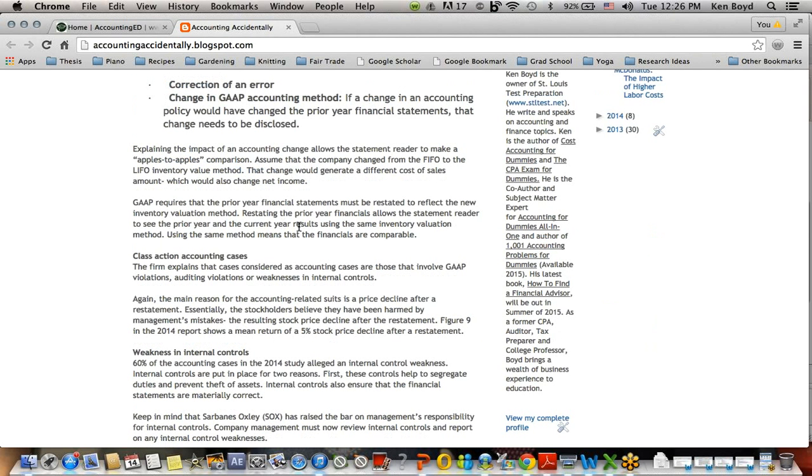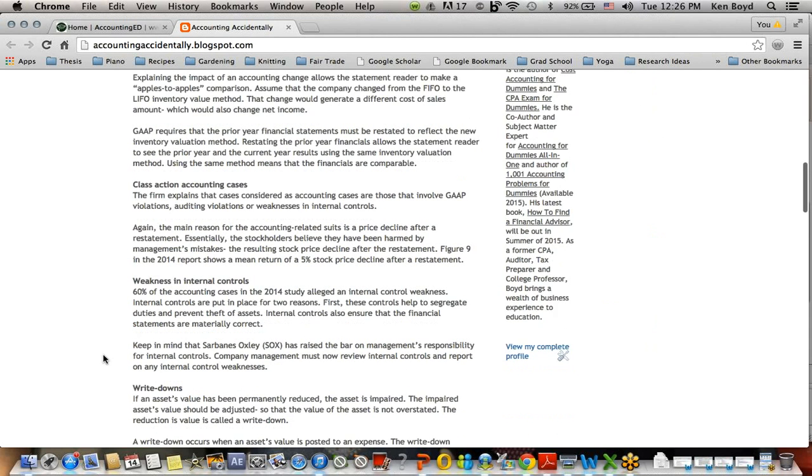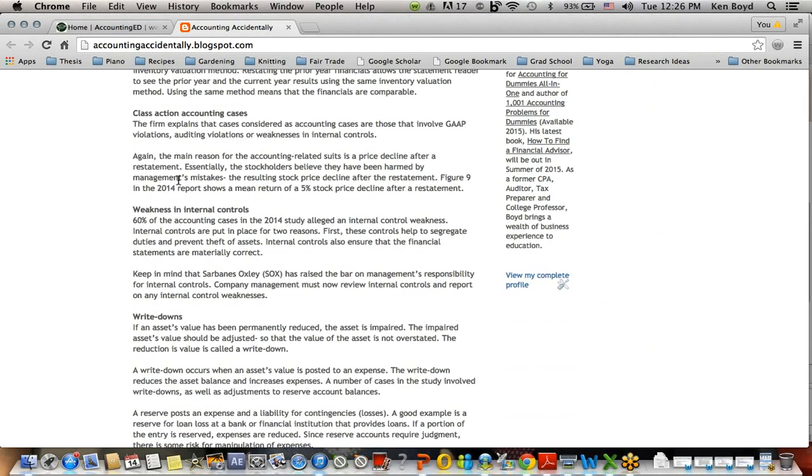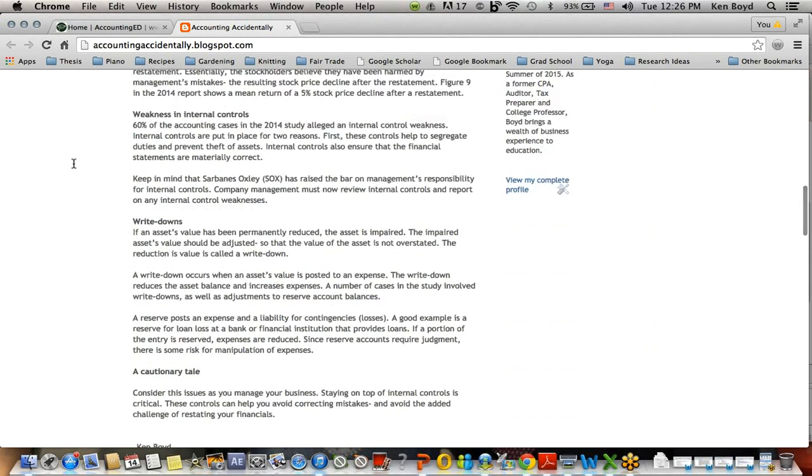You need to look at how that affects net income. And I further mentioned that we must restate the financials to reflect the new inventory valuation method. Getting back to what these shareholders think, it says in this paragraph, which is an important one, the main reason for accounting-related suits is a price decline after a restatement. Essentially, the stockholders believe they've been harmed by management's misstatement and the resulting price decline after the restatement.